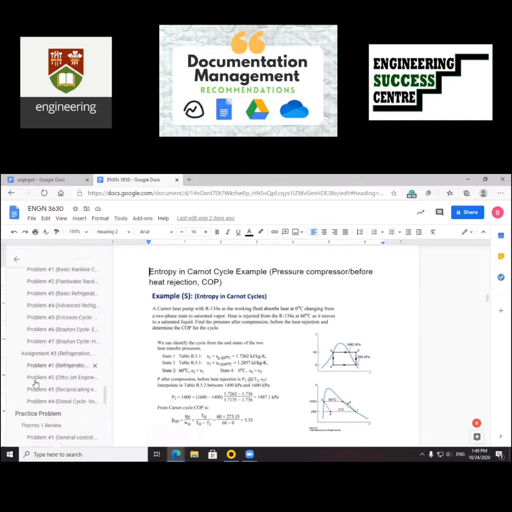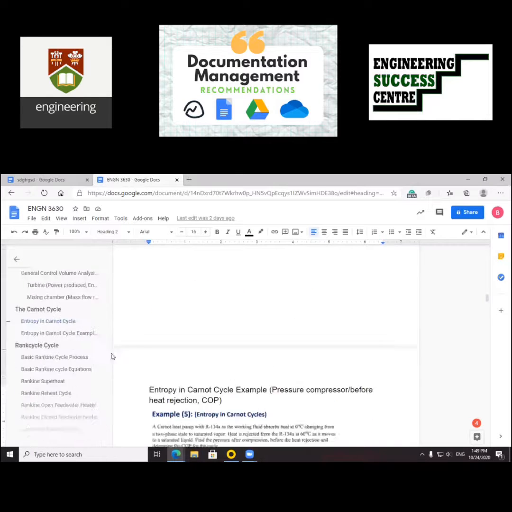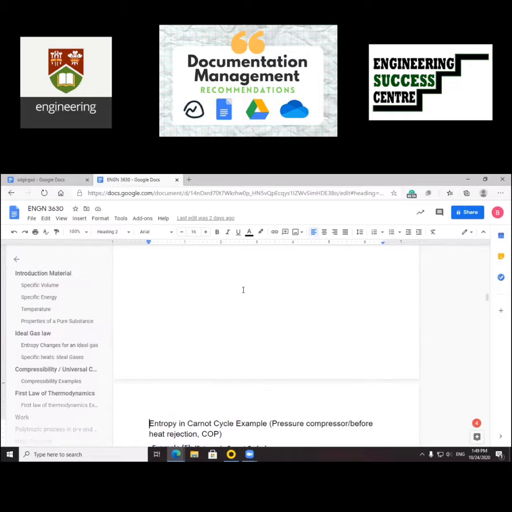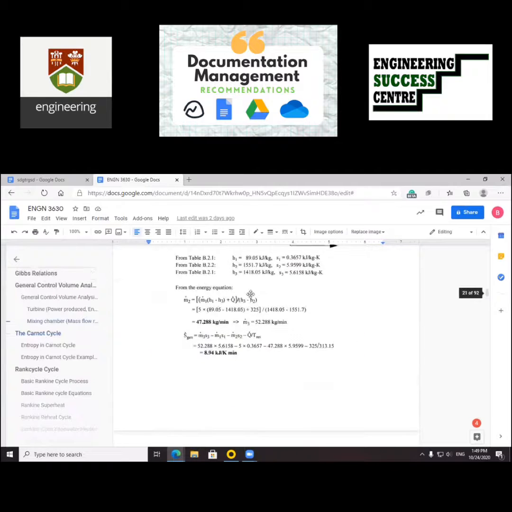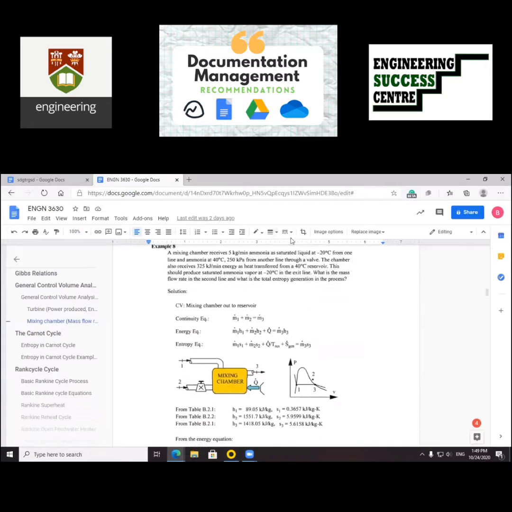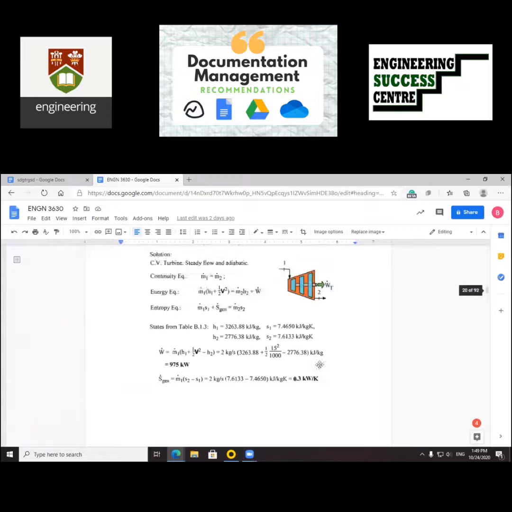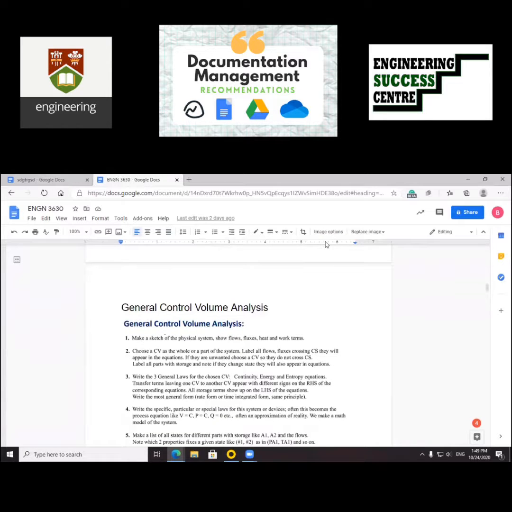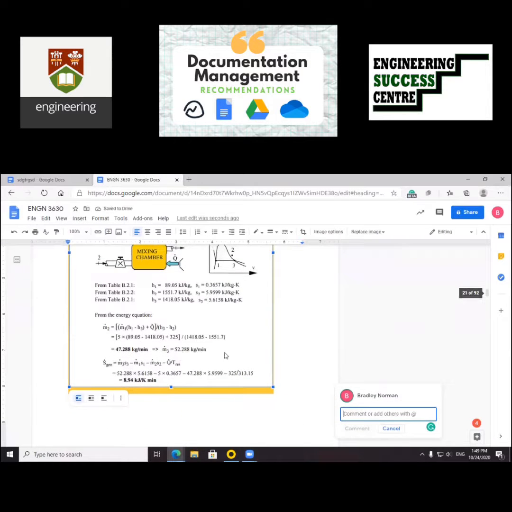So say you have a study guide like this, you created it, and you have a friend that wants to use it along with you, and he finds a mistake in your document. If he doesn't have privileges to change the document, and you just have him as a viewer or a commenter, he can come up here and this button says add a comment. So then he or she can highlight what area they think you made a mistake in and say, oh,